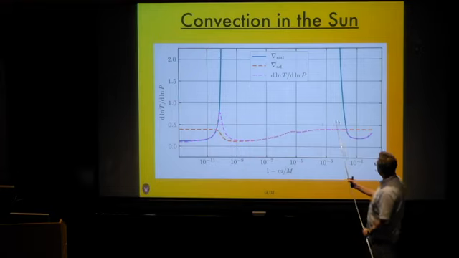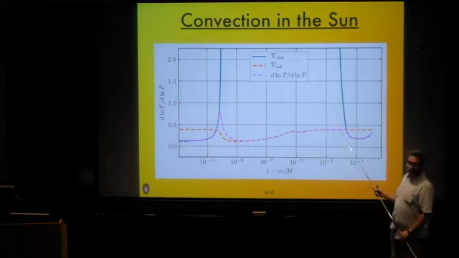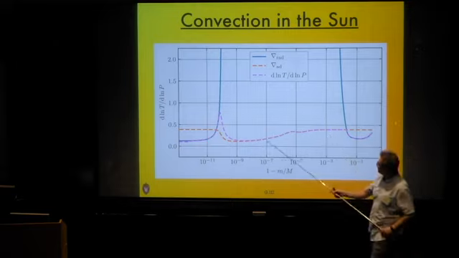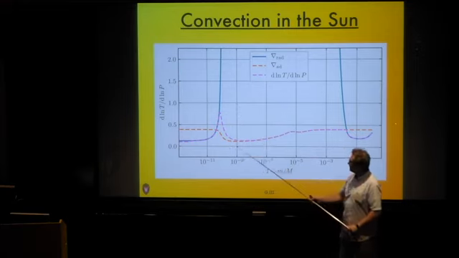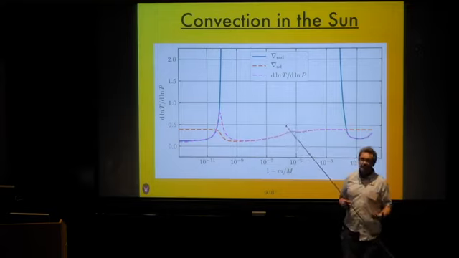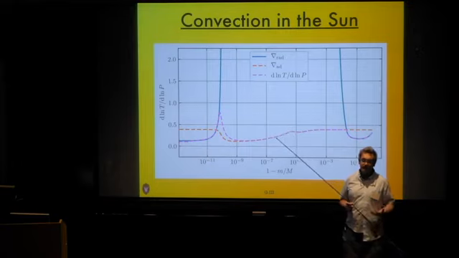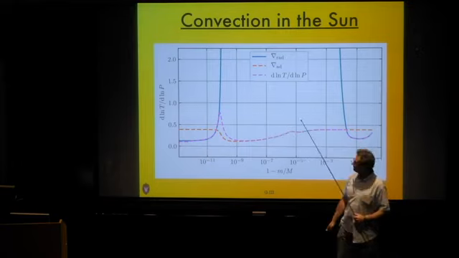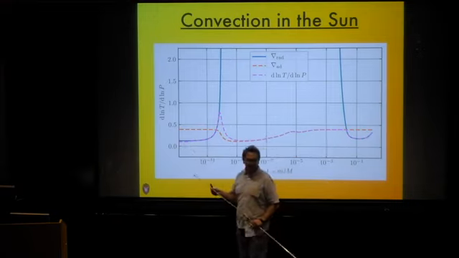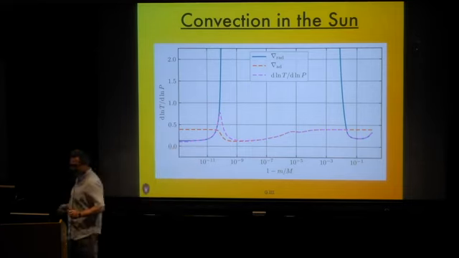The behavior down here isn't really that sensitive to how we model the convection in detail, this mixing length theory, this approximate theory we use. But the behavior out here is quite sensitive to the assumptions we use in how we actually model convection. And if we get that wrong, our approximate treatment, then we can potentially get a star that's too small or too big by a significant and measurable amount. And here, where the purple line goes below the blue line, I have no idea what's causing that, because that shouldn't be able to happen. So,